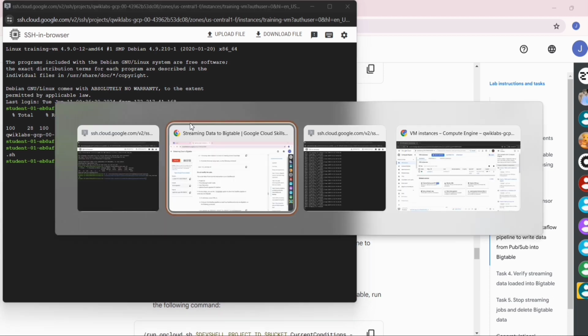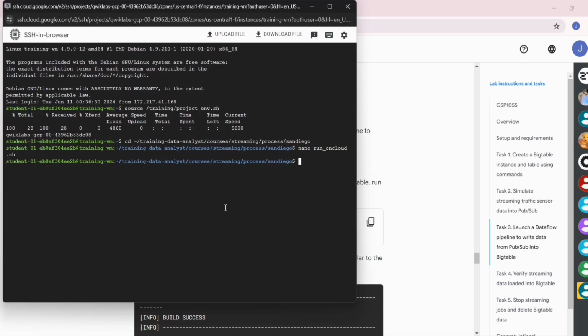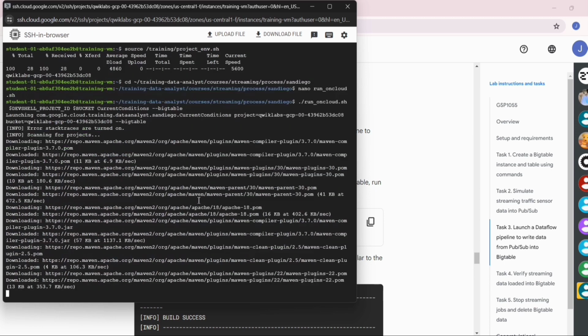Now go back to the lab instruction, copy the command from here, go to the cloud SSH window, paste the command, and press enter. It will take some time to run this command.